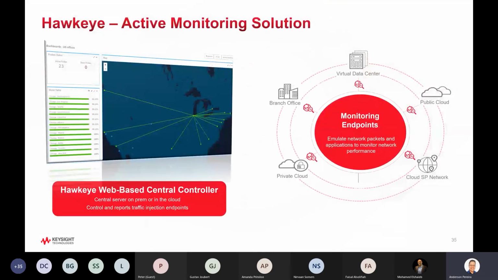Okay, so the features overview. As I mentioned, the Hawkeye server is a centralized dashboard, a single pane of glass. It can be deployed anywhere, and basically emulates packets, applications, and communications for voice and video across your network, between the agents, between the endpoints, and gets the statistics from this emulated traffic